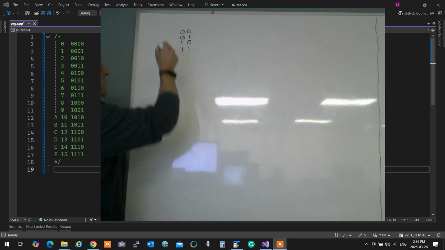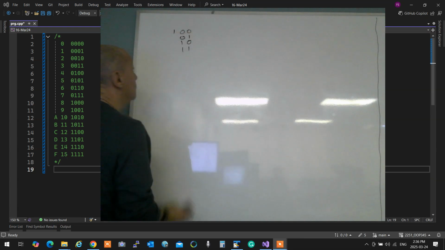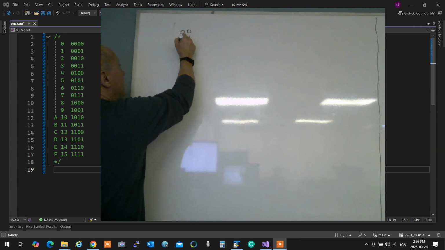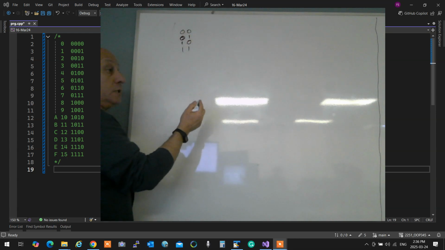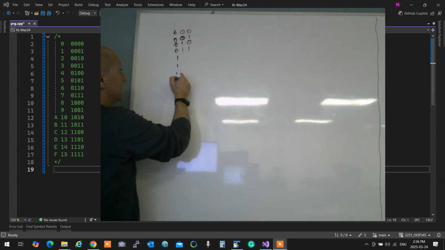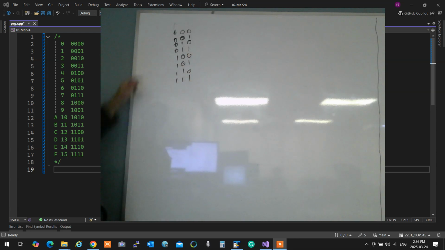With 3 switches, you can show 8 positions. So, right? 0, 1, 2, 3, 4, 5, 6, 7.